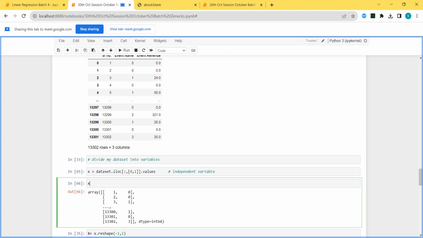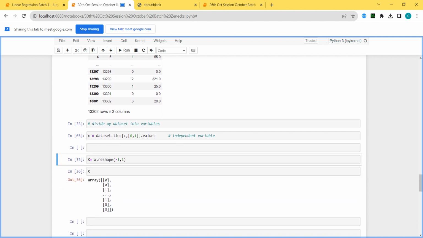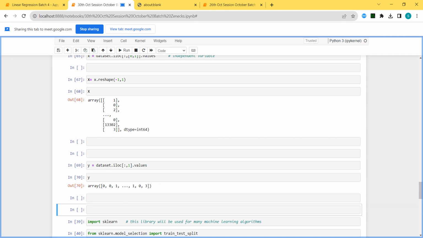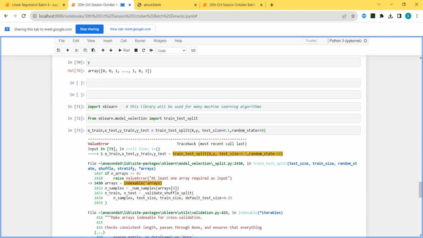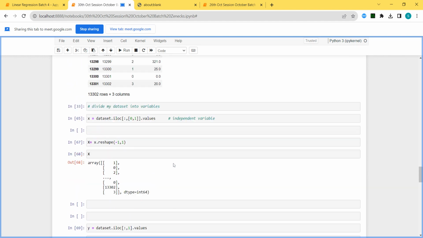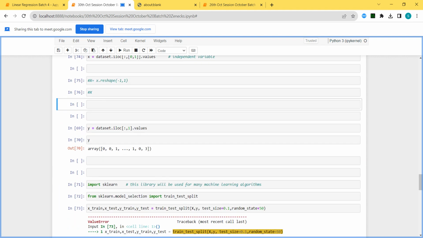Okay, this is there. Now what I will do is run the rest of the code and let us see. It's asking for the input variables here.